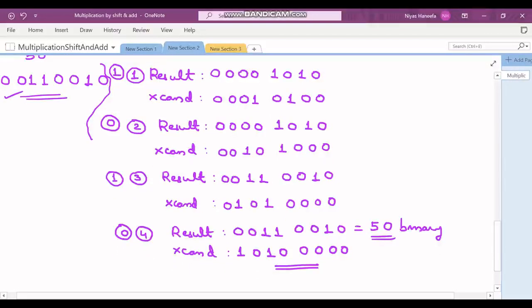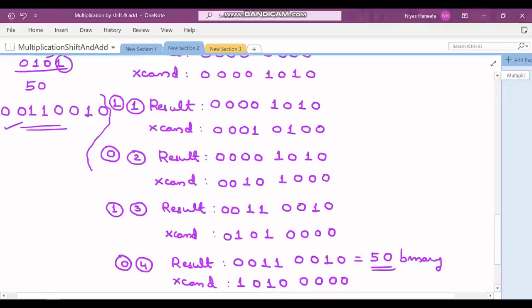So if you see, the multiplicand initially was equal to 1010 in the lower position. It also got shifted by 4 bits to the left, which corresponds to the number of bits in the multiplier. So at the end, it got shifted by 4 bits to the left. Then the result, we got the value of the multiplied operation. So this is the logic, once again explained using the example.